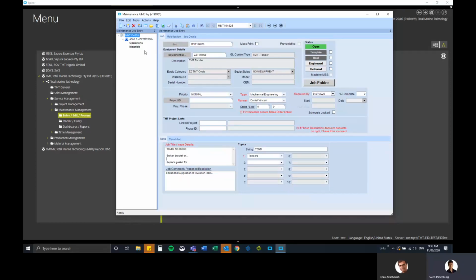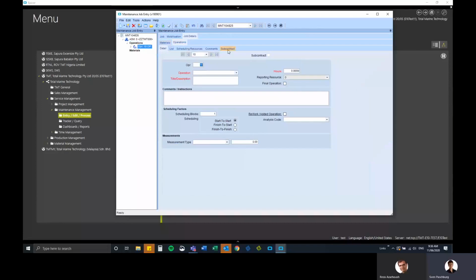I'm just going to jump to creating some operations first while we're setting up the job. I think you've had experience in this, but we'll quickly go through. Right mouse click, new operation, then select one operation from the list. For example, we will do a senior mechanical engineer. You can't change this description, but you can change that. You could, for example, say review drawing package, and set specific tasks for them. You can give some additional comments and instructions in here,